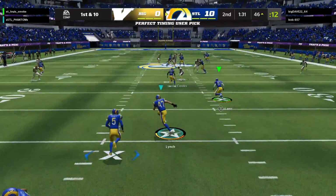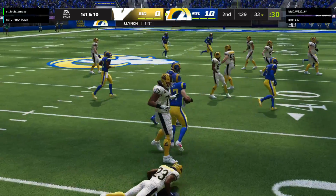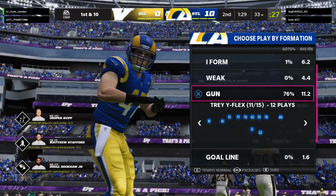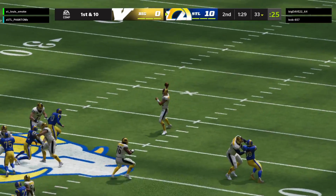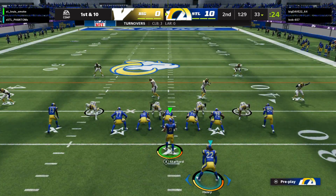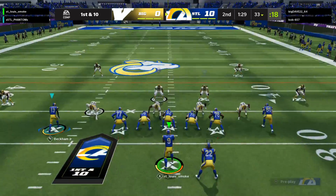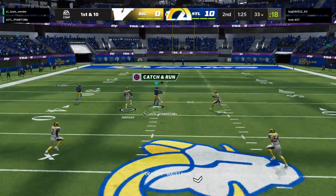On Herbert, his 3rd interception. Picked up by the Hall of Famer John Lynch. And the Rams are going to take possession here at their own 33. Boy, Charles, that is now 3 interceptions in 3 consecutive drives, and you can see he's just got a look of disgust and bad body language, understandably, as he walks off the field. And I think it comes from the fact that he's not sure what he sees down the field, Brandon. I don't know if he's seeing ghosts. I don't know if he just can't read defenses. I'm not sure what it is, but that's...